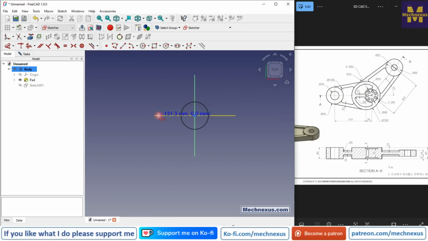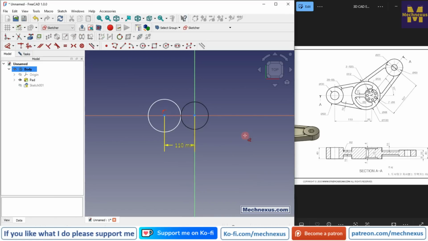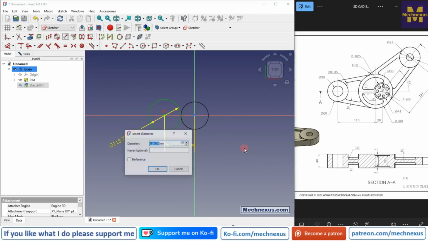So here I will create a circle, and center to center distance is 110. I will select a smart dimension and provide 110,